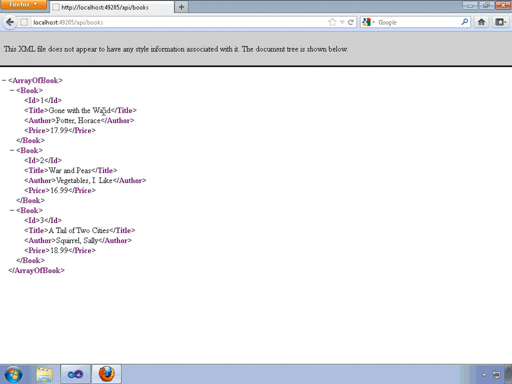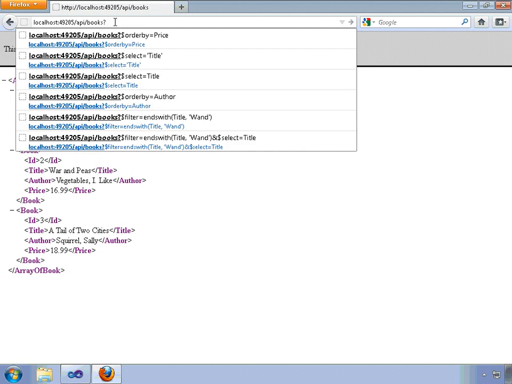So that's why your browser is a little bit different, so we can actually see these changes as they're portrayed in XML. So the first one I want to talk about is the actual word filter. You'll notice my URL up here, API, books, so we're getting all the data back on all the books. Filter is going to allow us to specify a criteria to trim these down. So what I'm going to do is I'm going to make a query string, and the keyword here is filter